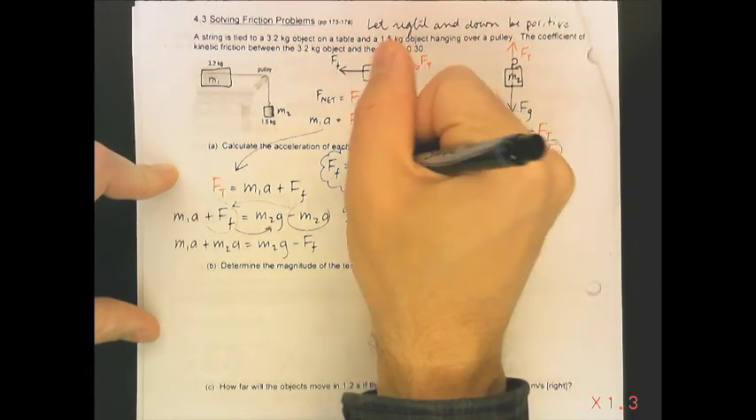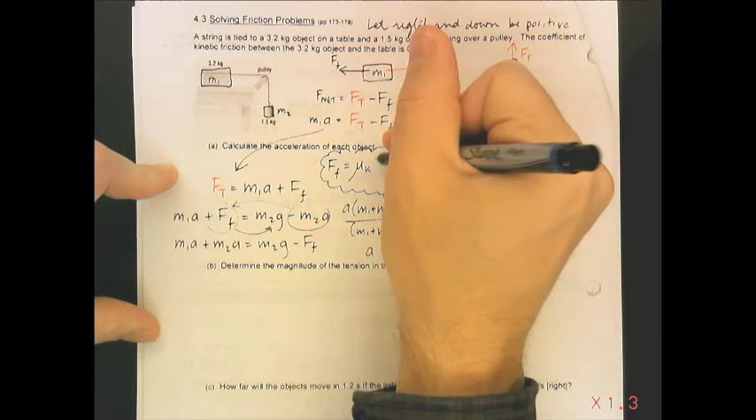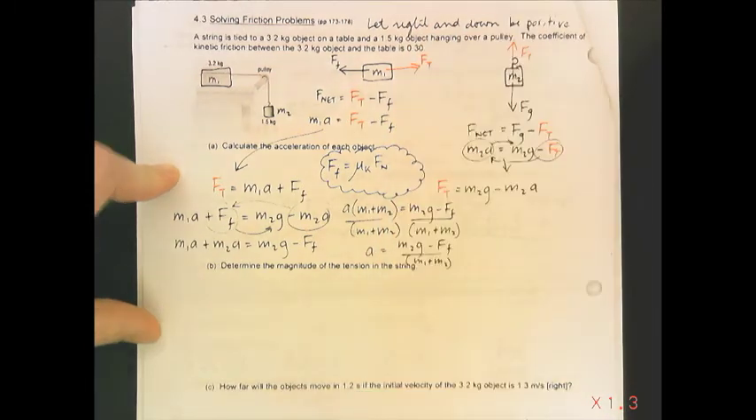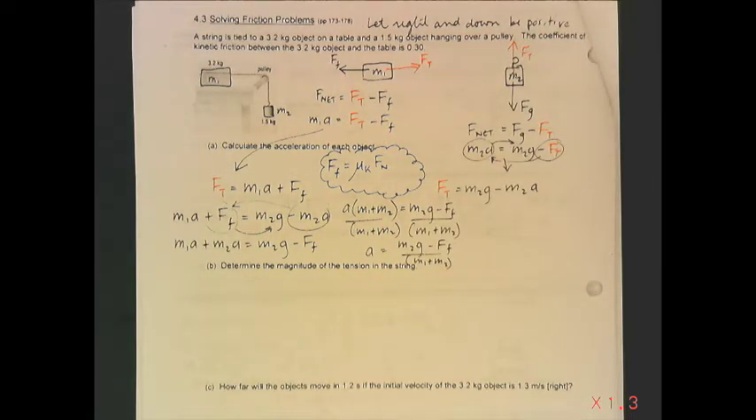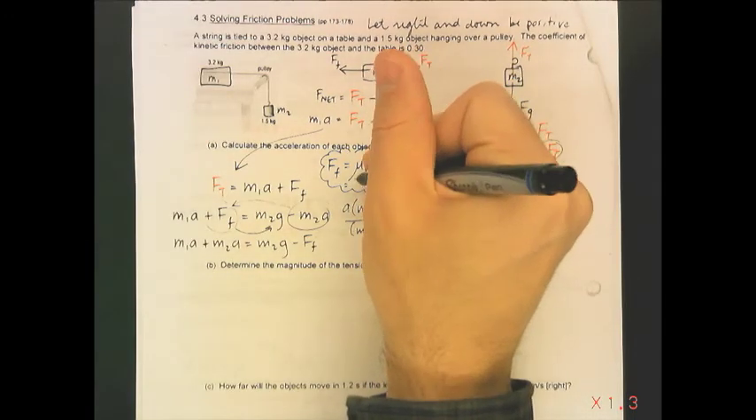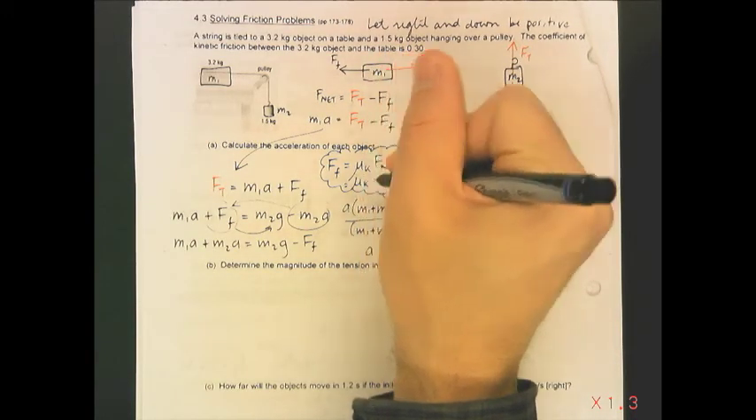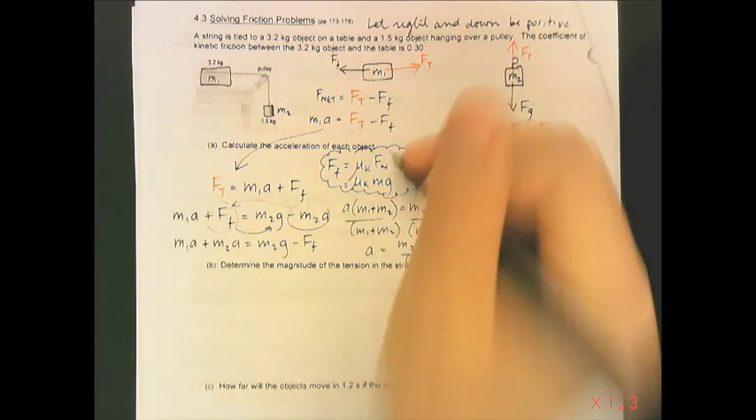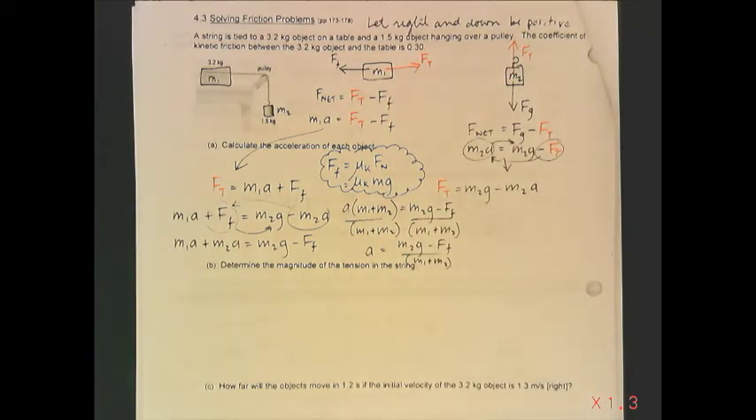Force of friction is equal to the coefficient of kinetic friction times the normal force. So it's equal to the coefficient of kinetic friction times mg. Since this object is resting on a level surface, we know that the normal force is equal to mg. So in place of the force of friction,